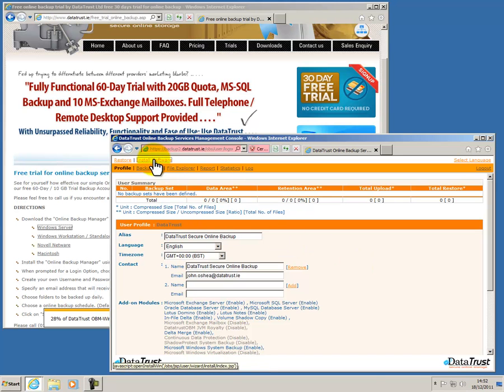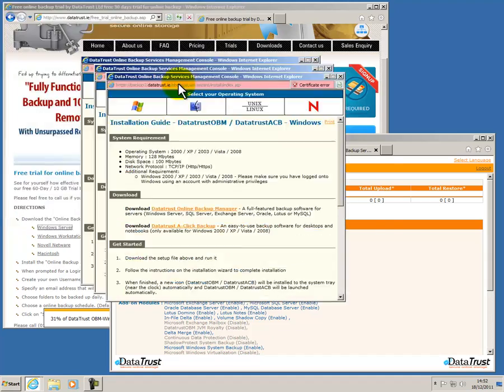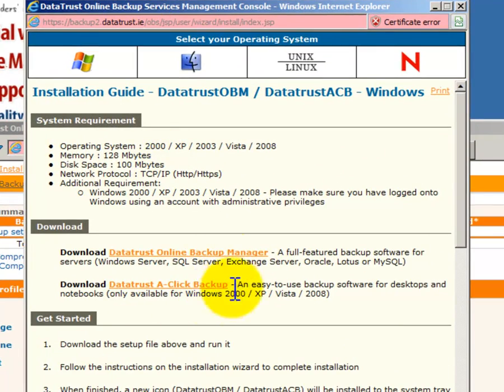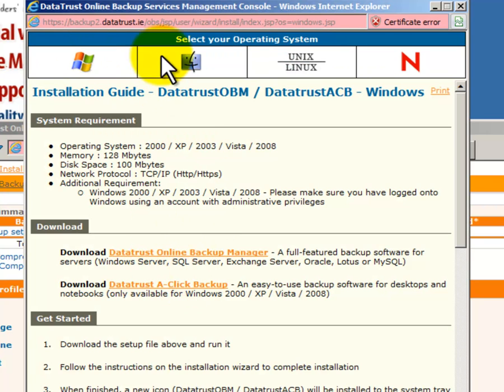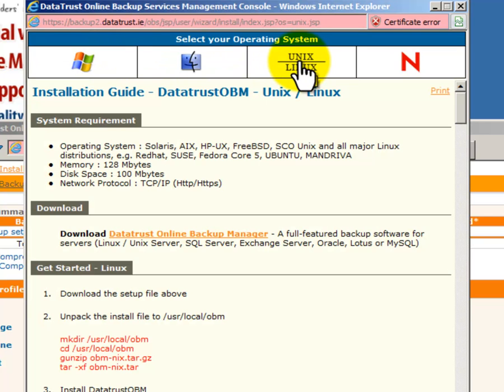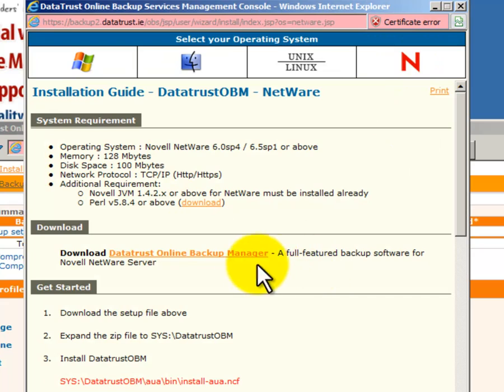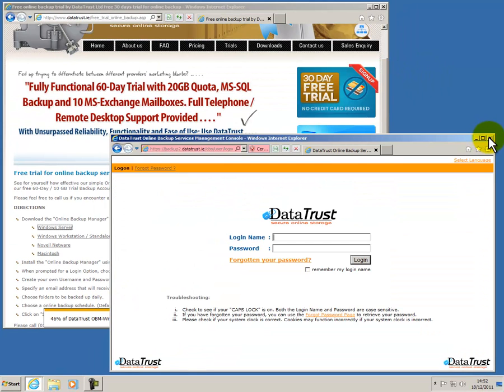You have install software. When you click on that link, you get this dialog box opening, the web page, and under these super headings here you have all the different versions of the software. So you have the Windows version, two different versions there. You have the Mac version, two different versions there. You have the Linux or the Unix version, which there's only one version of, and you have a Novell client as well, which you have one version of here. But anyway, as I said earlier, I'll close this dialog, I'll log out here,